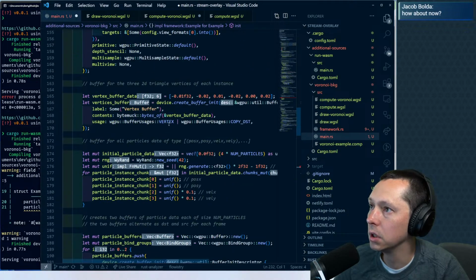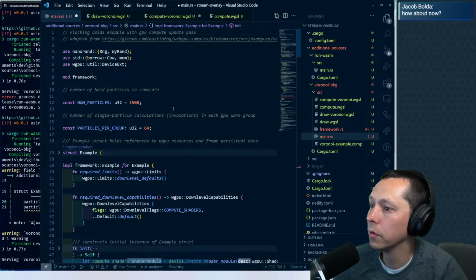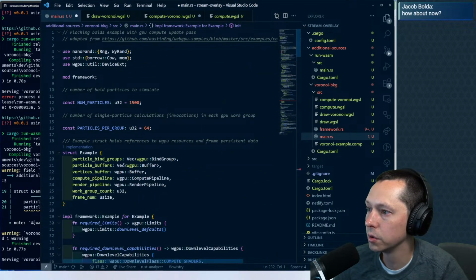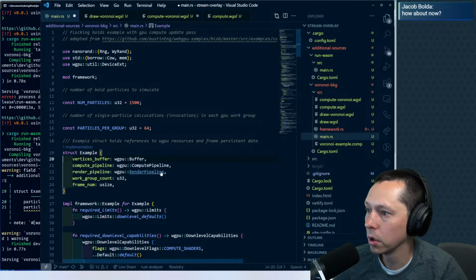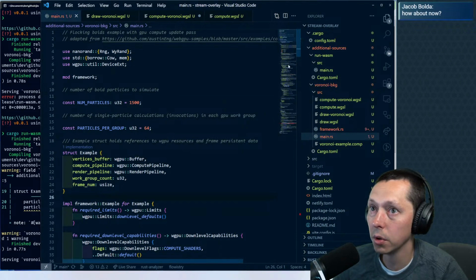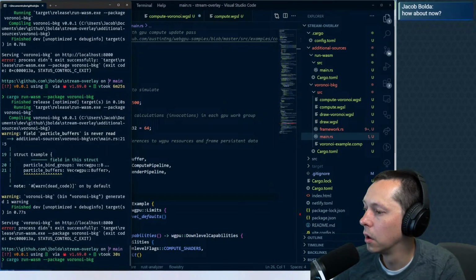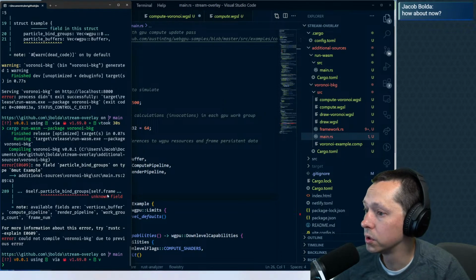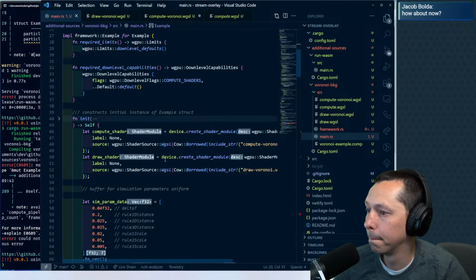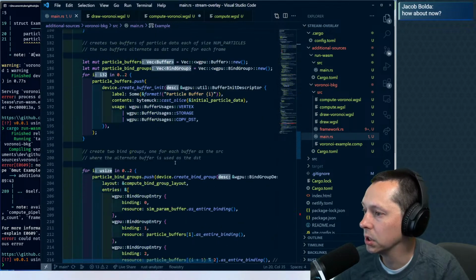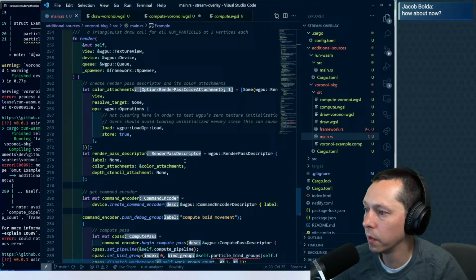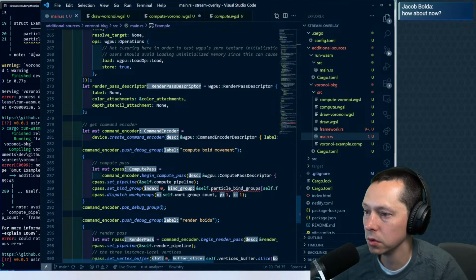We can get rid of these, and in the example struct, particle, because we're not going to care about those right now. And that was just dead code. So we didn't actually need to address that error, but by removing that, we can now go back through and say, okay, well,